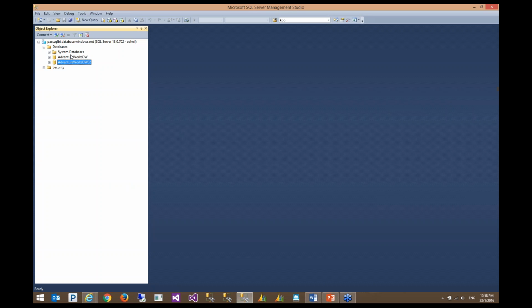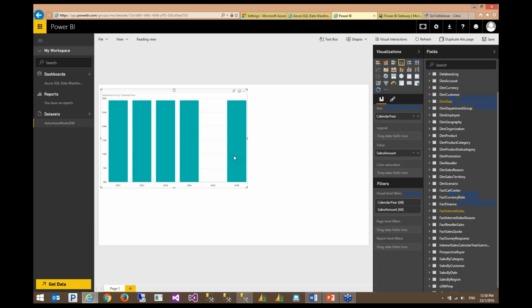So I already created a view here in my predefined data warehouse, which is internet sales calendar. I will show you how to use this in the next demo, which is connecting from Power BI service to Azure SQL Data Warehouse.